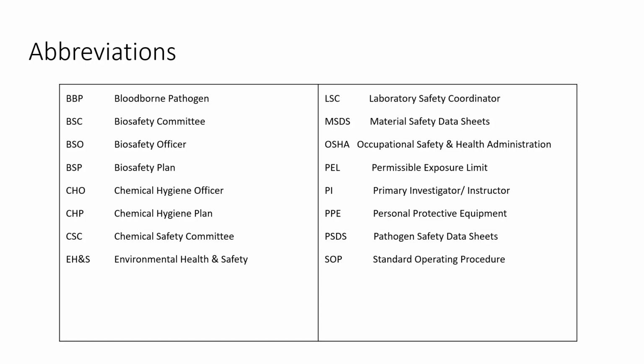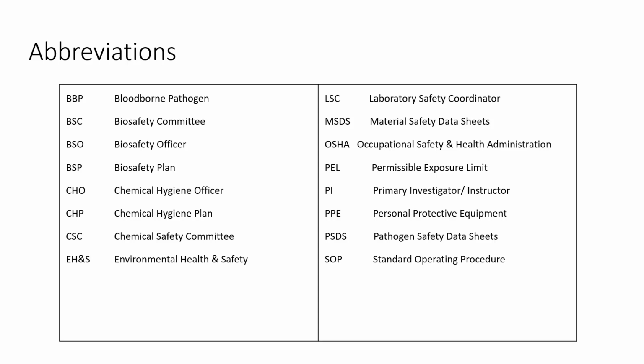The biological safety committee is typically run by a biosafety officer, a BSO. And the BSO is responsible for developing and maintaining a biosafety plan, or a BSP. In addition to biosafety, we have chemical hygiene, and chemical hygiene is chemical safety. So we have a chemical hygiene officer, which oversees, develops, and ensures the accuracy of the chemical hygiene plan. And then they have a chemical safety committee that evaluates best practices for having the safe use of chemicals in